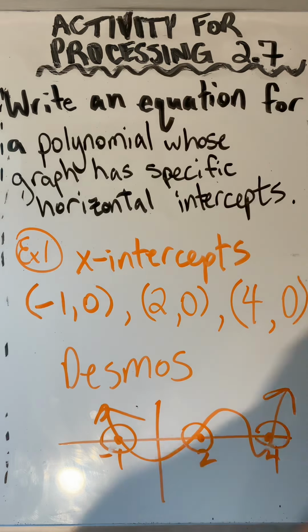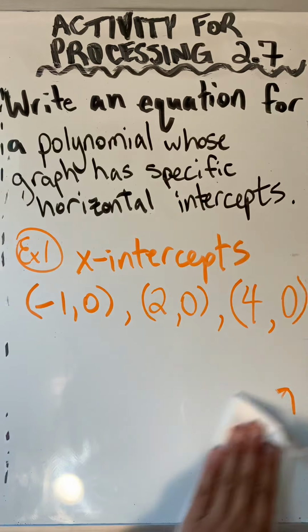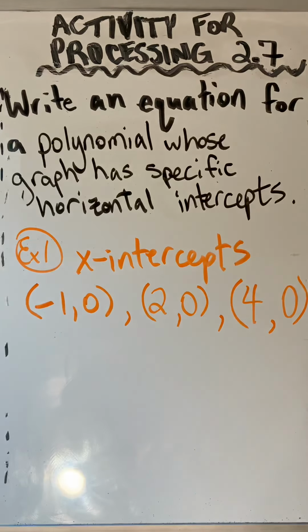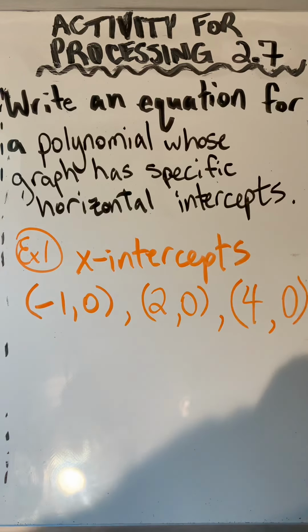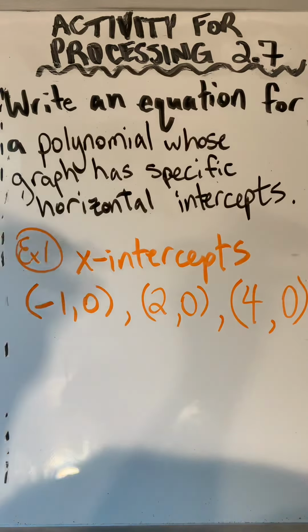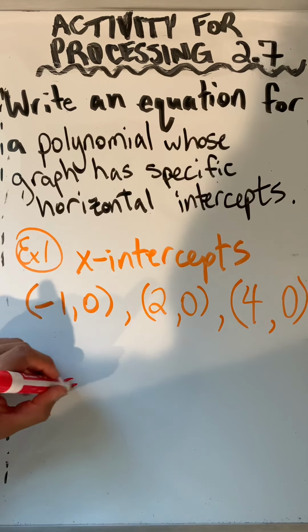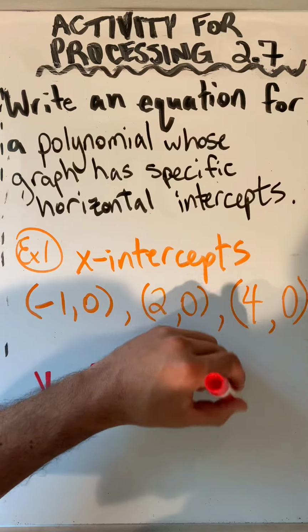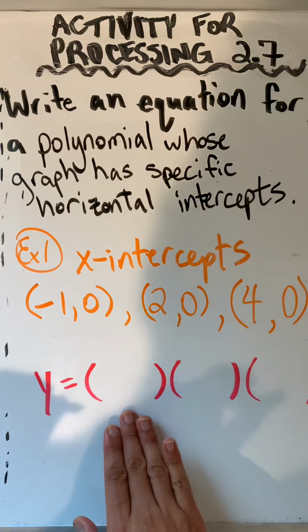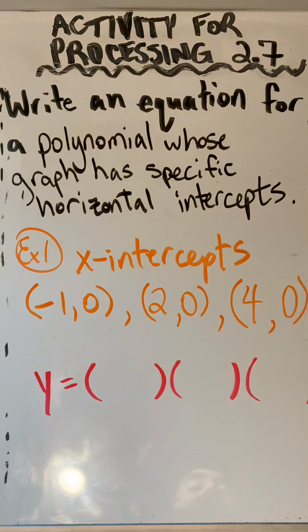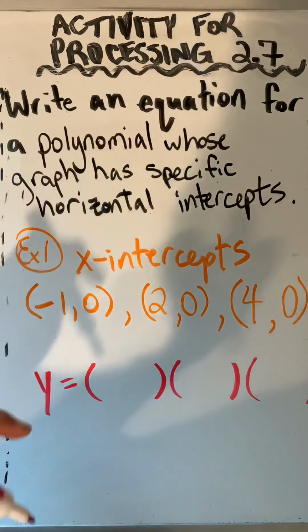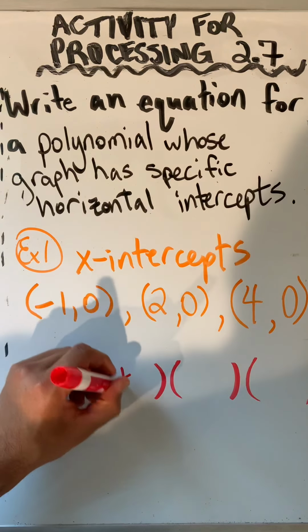Now we're going to create an equation for this, and that's the thing that wants to be assessed on the cooldown. So the equation, I can write it down as y equals, and then since we have 3 points, we're going to have 3 quantities in which these points are expressed. And this can be done by switching the sign